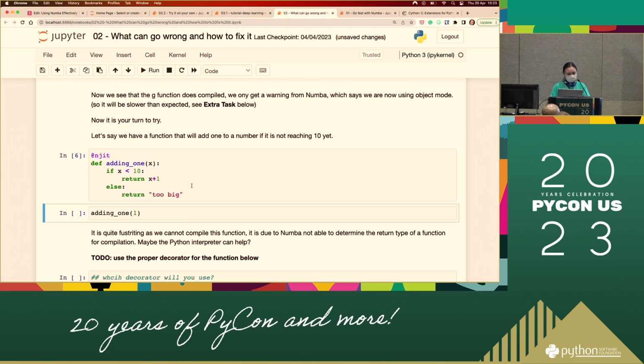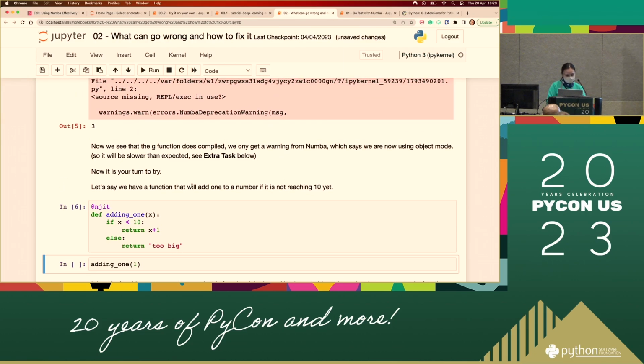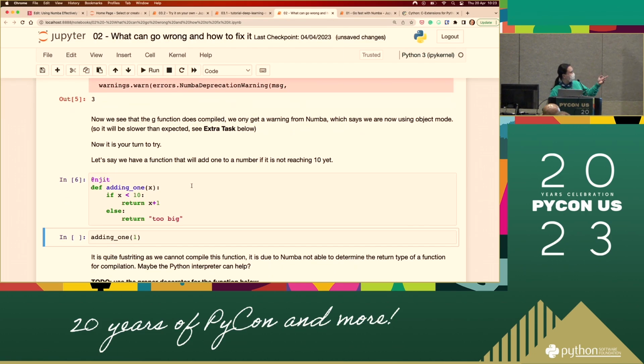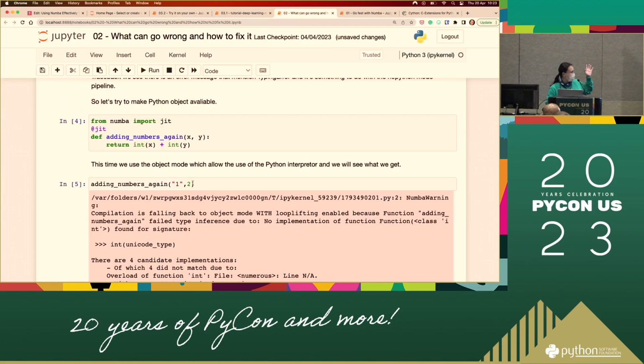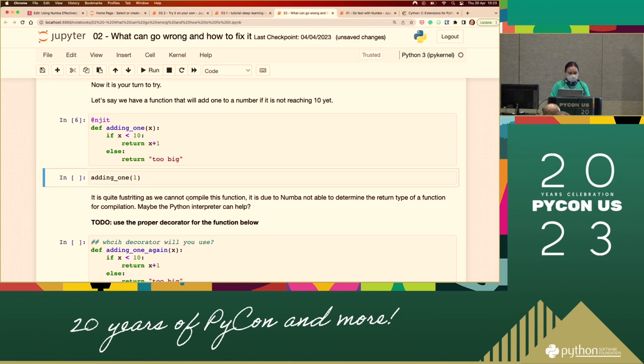So this is another case where we may come into a similar problem, for example, the return type. This is the problem that we have with the input type: it's not what we are expecting. We're expecting an integer, and now it's not an integer.